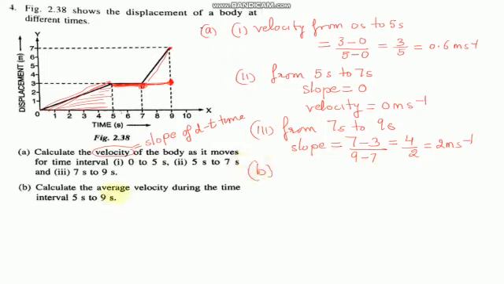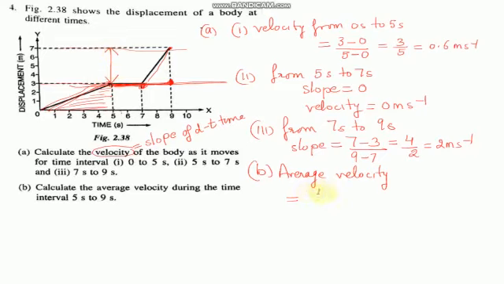Next part is you have to calculate the average velocity. So we are asked this question many a times. Now we know the formula. Average velocity is the total distance traveled over total time taken. 5 सेकेंड से लेके 9 सेकेंड तक कितना डिस्टेंस ट्रैवल हुआ है? 5 सेकेंड्स पे कितना डिस्टेंस है? 3 मीटर. और 9 सेकेंड्स पे कितना डिस्टेंस है? 7 मीटर. सो 5 सेकेंड से लेके 9 सेकेंड्स तक हाउ मच डिस्टेंस हैज़ बीन ट्रेवल्ड?